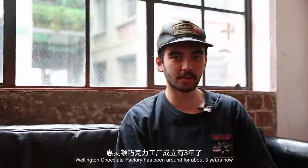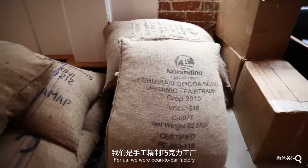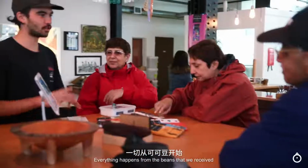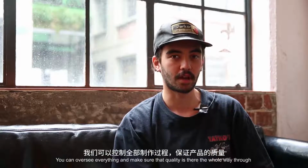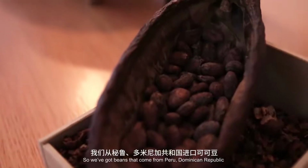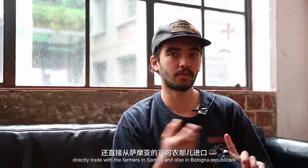The Wellington Chocolate Factory has been around for about 3 years now. I guess the main difference is that for us, we're a bean to bar factory. Everything happens from the beans that we receive. You can oversee everything and make sure the quality is there the whole way through. So we've got beans that come from Peru, Dominican Republic, direct trade with farmers in Samoa and also in Bougainville